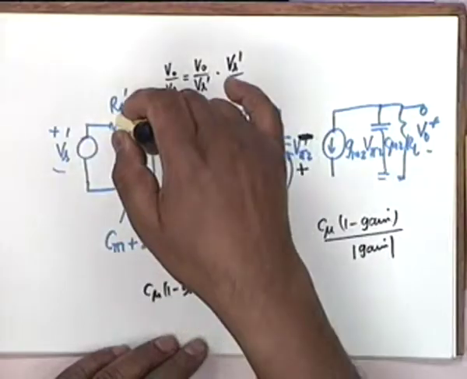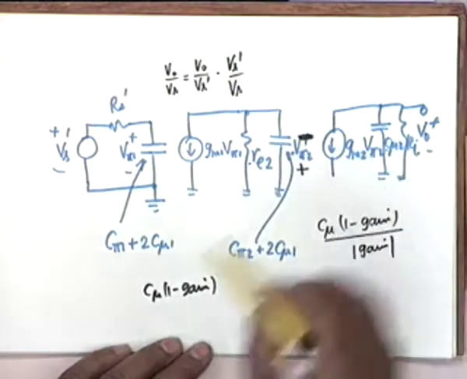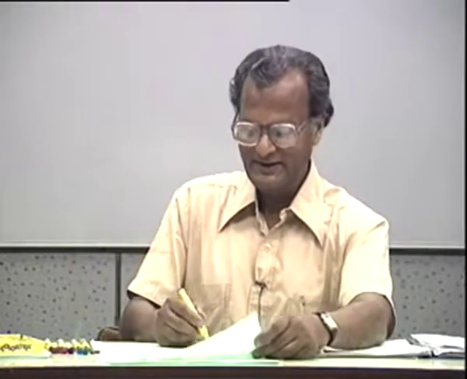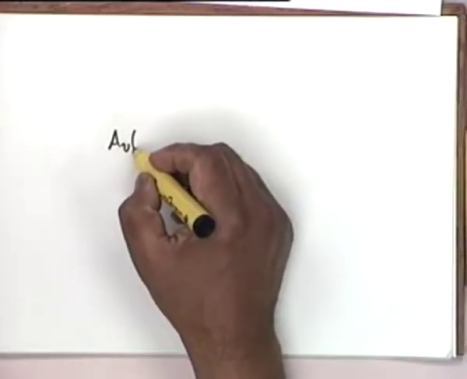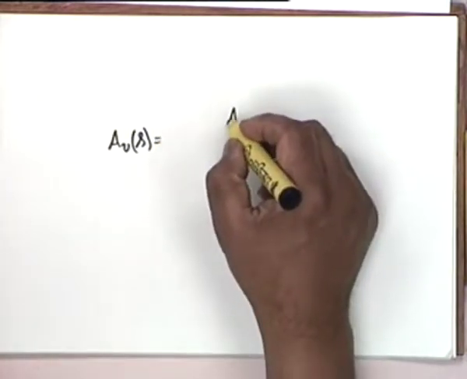Depends on Rb, Rs, R pi 1, Rx1 and so on. So this is constant. The frequency response therefore shall be determined by this time constant, this time constant and this time constant. And it is obvious from common sense that the expression for voltage gain would be of the form